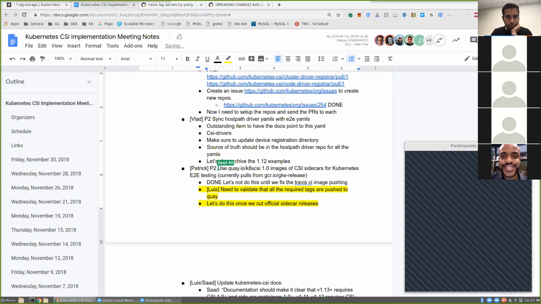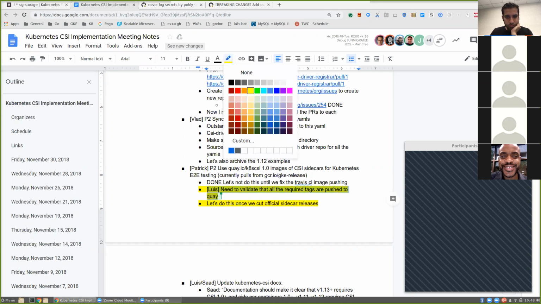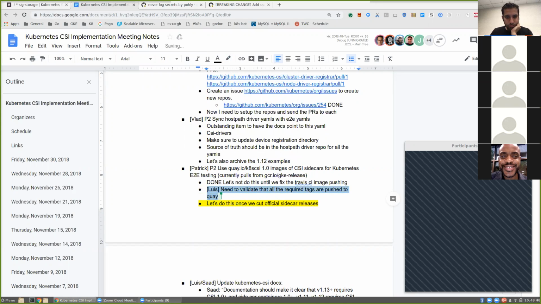I'm still in yellow there. I thought I confirmed that they were all there. At least all the tags are there with 1.0. But the images may not have been pushed. Anyway, we'll have to re-push everything again when we cut official releases. Yeah, that's true.